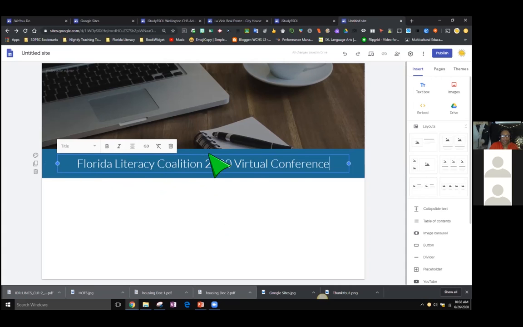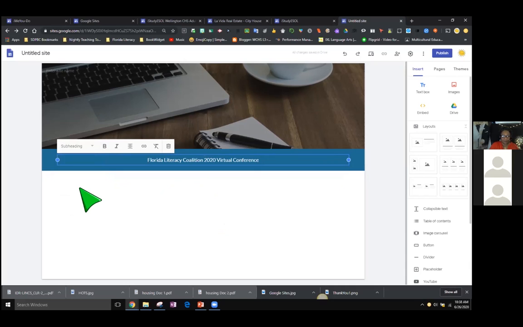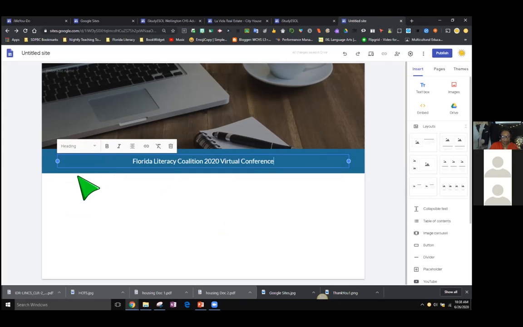Right now, this is in the title size. The size of this is title. I can make it smaller. Title is the biggest, so I can make it heading and heading will make it smaller. If I want to go even smaller, I can make it subheading and it gets smaller. So this gives you the opportunity to size your text. Let's go ahead and keep it at least heading, okay? When you're at heading, you have more options like bold and indent and center and link.